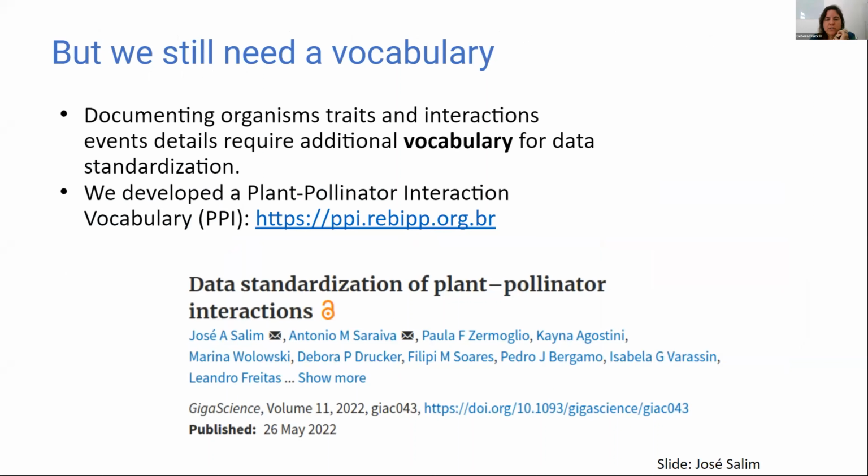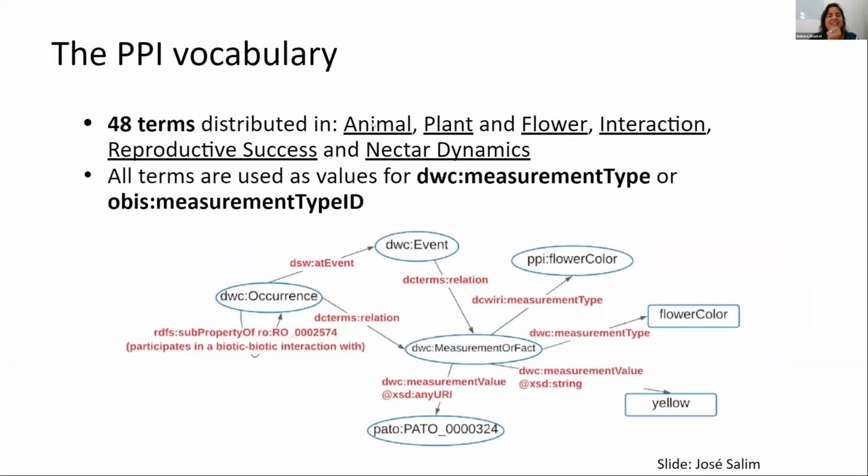And we are proposing this plant-pollinator interaction vocabulary to document the organism traits, the plant and the animal, and also the interaction itself. So basically, in a nutshell, that's what we are doing in the pilots. We are also working a lot on the taxonomic data cleaning. Oh, and I forgot that we have 48 terms in this plant pollinator vocabulary to be used with measurement or fact and